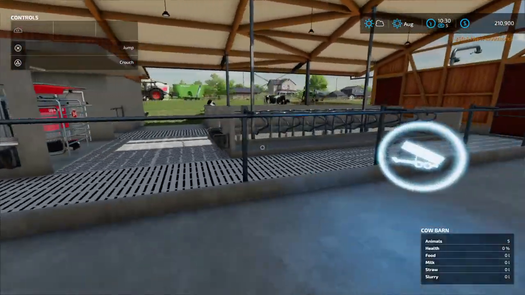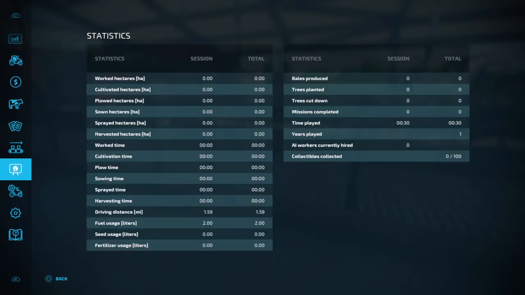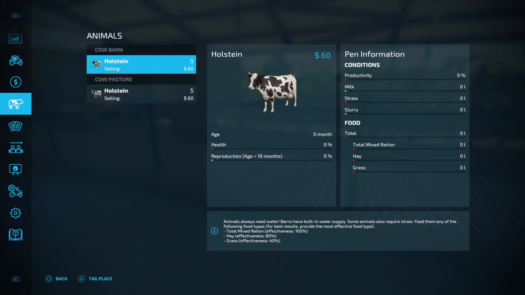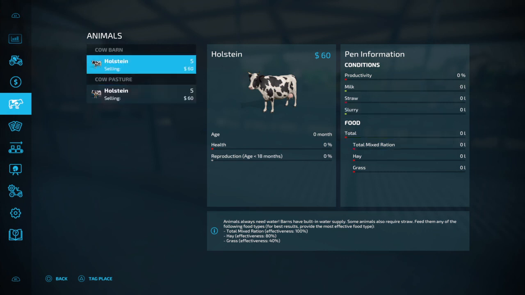You would have them in there, but then the water for the Holsteins in the, hang on, which one? So they've all got food basically, so you can leave them alone now. The ones in the cow barn, they will take straw,